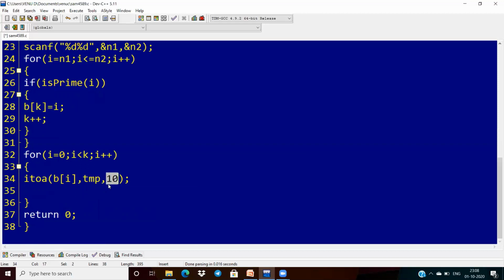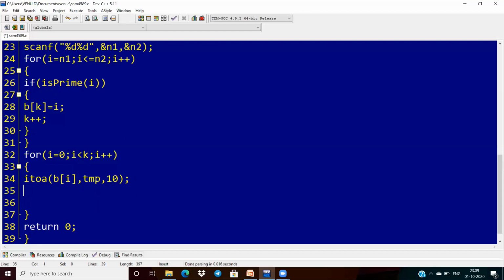If you are converting into decimal, use 10. If you convert into binary, use 2. And if you convert into hexadecimal, use 16, or for octal, take 8.